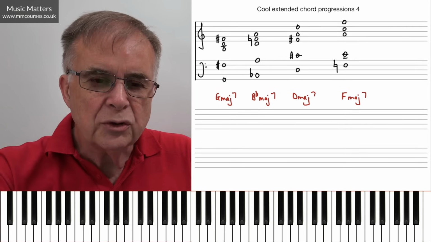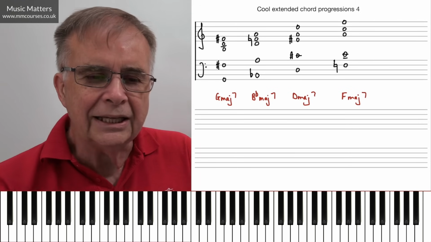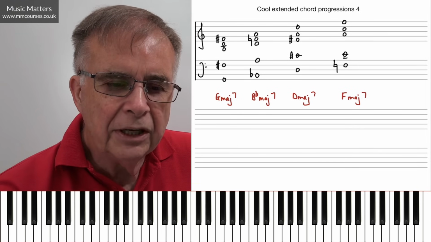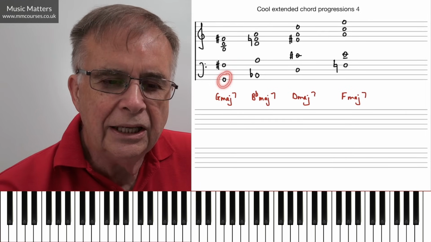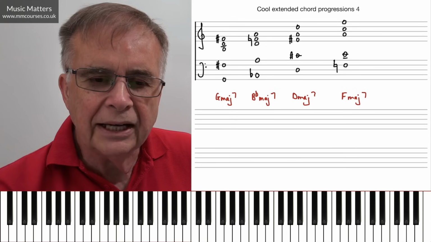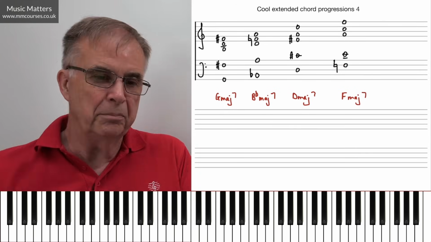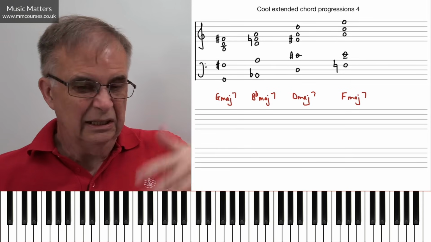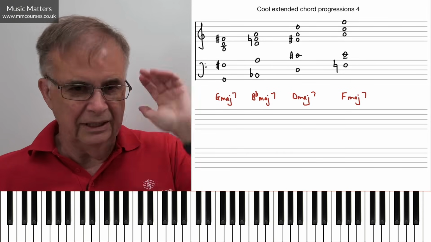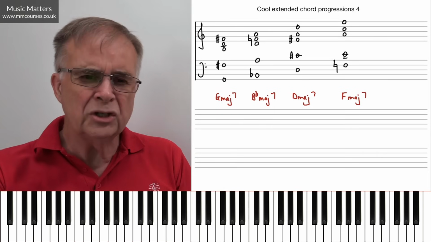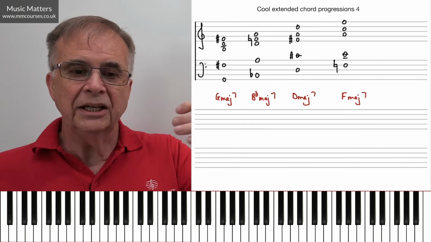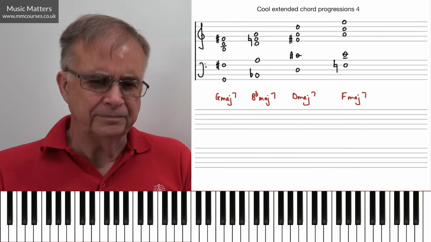And you might notice straight away that the pattern going on here is that the bass line is moving up a third every time. I start on G, I go up a third to B flat, up a third to D, up a third to F. Now, it might have gone from G to B natural, might go up to D sharp or F sharp. You can change the accidentals, but this idea of going up in thirds.